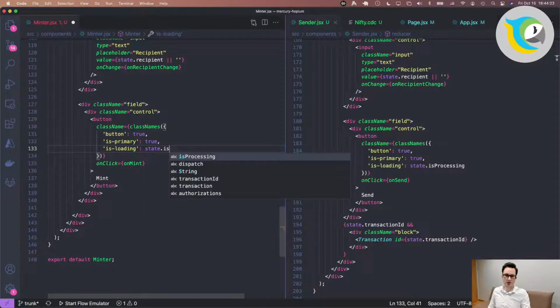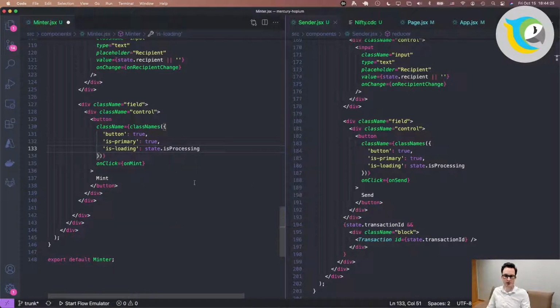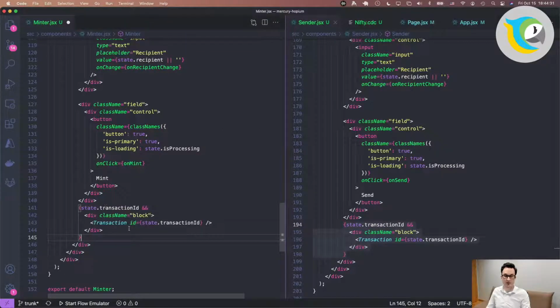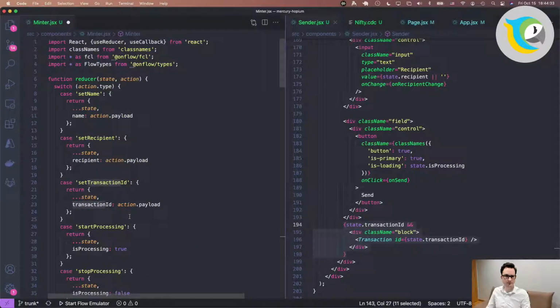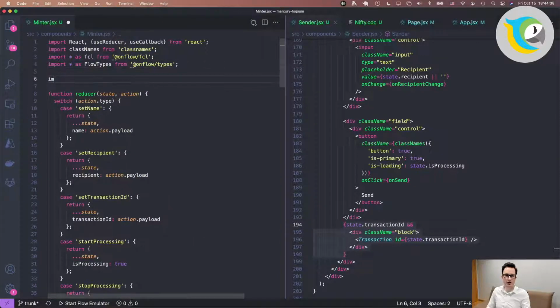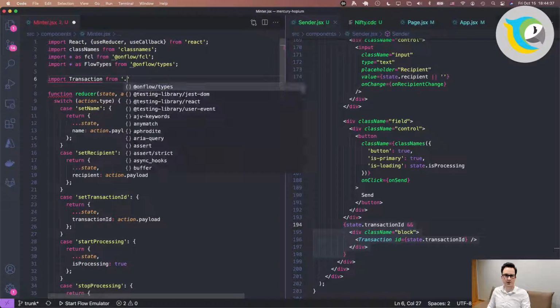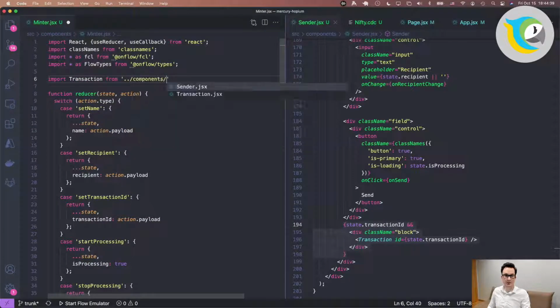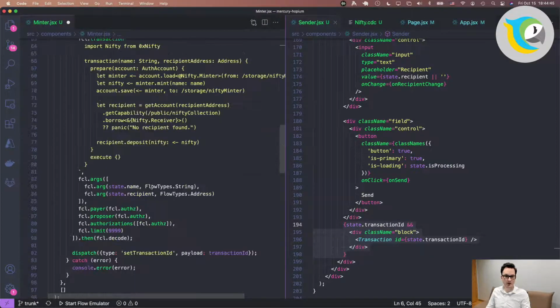So if state is processing is true, we're going to show that. And on top of that, I want to show us the widget, the transaction widget, which is something that we have to import from components. But Minter is a component too, so I guess it's right here. Okay. So let's see here.